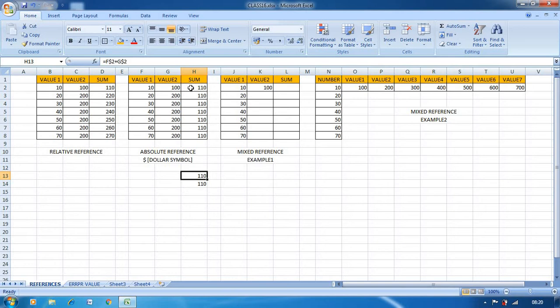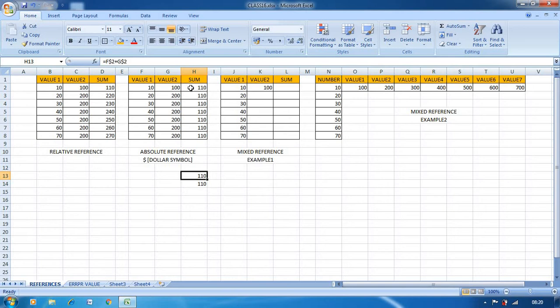Either you can place dollar symbol for row number and column name, or you have to think whether, if I drag downside, what happens? Row number will change. I will fix the row number. So I use the dollar symbol for only row number.